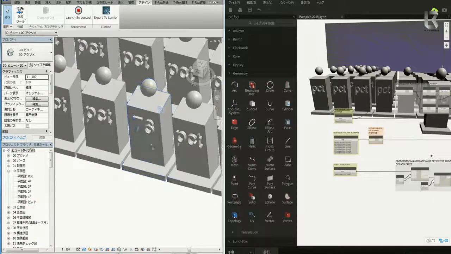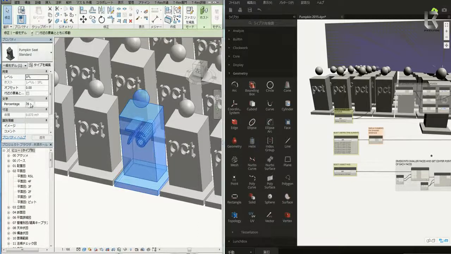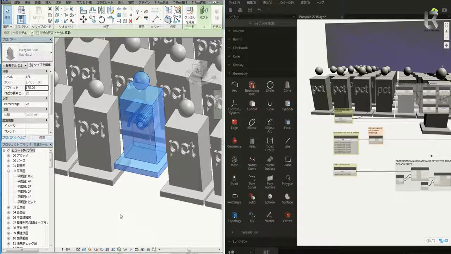So for example, if we want to adjust this height of this viewer, because 76% is not enough, so we need more here. So for example, if we adjust the offset to 175, and then when we